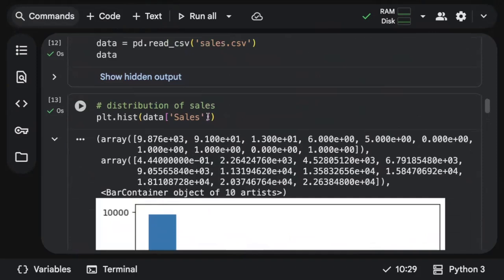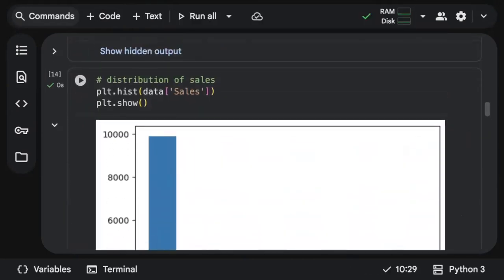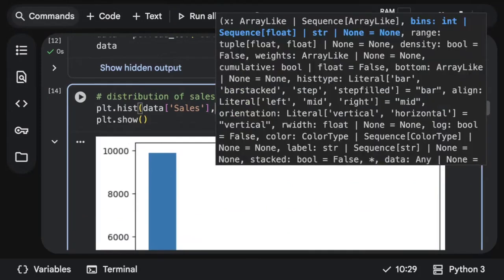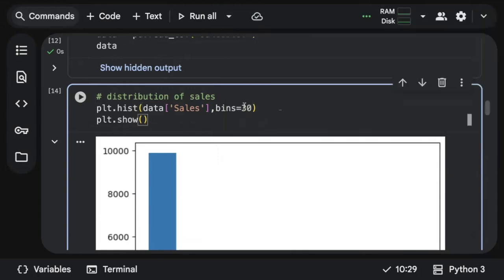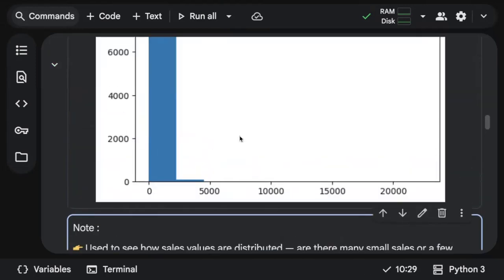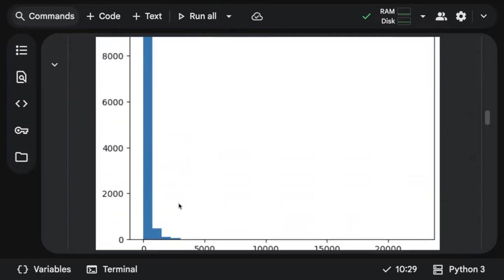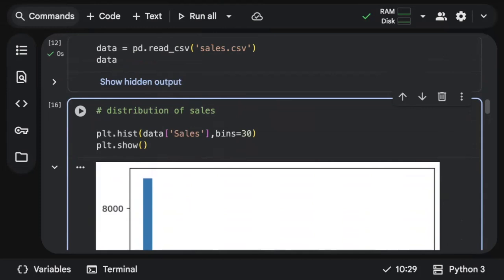See, this is a histogram. Now I don't want this text and all, okay? So for that, I'll just use plt.show so that it will display only the graph. Well, we got just the graph. And I spoke about intervals, right? Dividing sales values into different intervals. You can specify how many intervals you want. We call them bins. So I'm giving bins is equal to 30, or you can give bins is equal to 10. Let me give 30, you will see the better approach, right? So here there is a lot of variation in our sales values. That's the reason you can see this deviation.